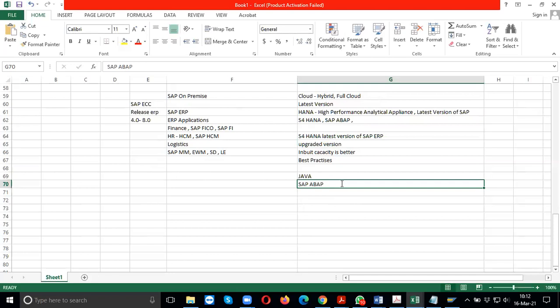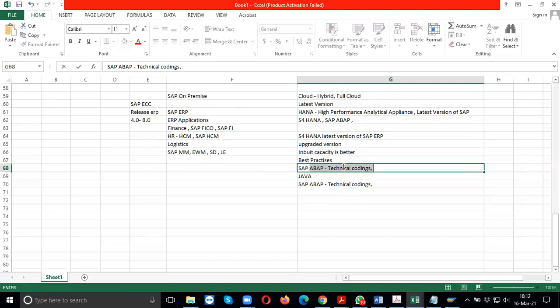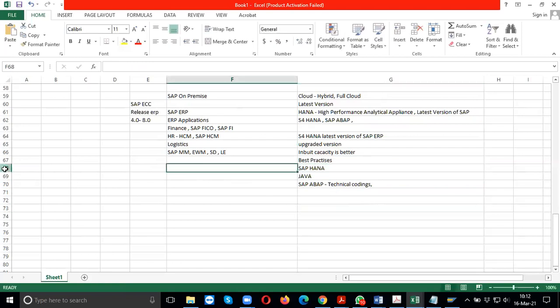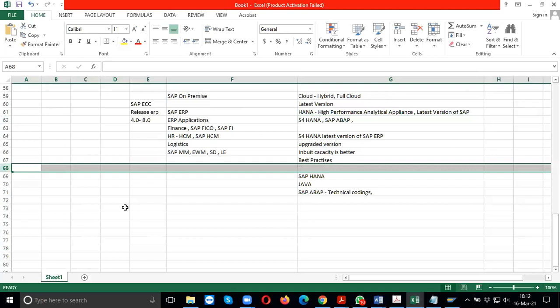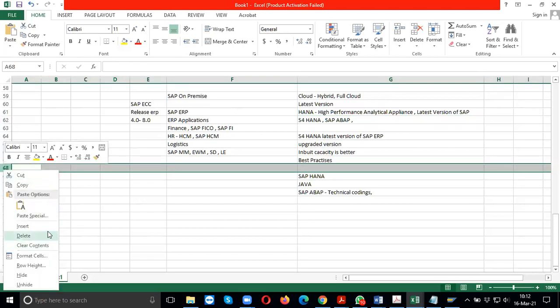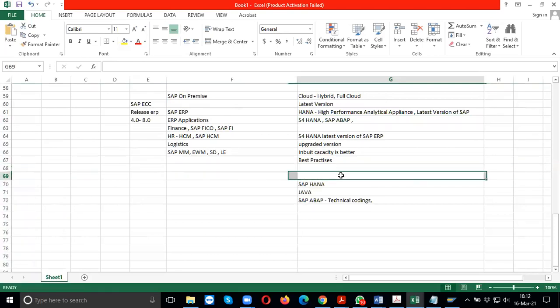ABAPers will be the tech team who start the coding. So SAP has given a pre-built platform to build on. Whatever we are doing, we are doing configurations, right? That means it is an ERP platform.